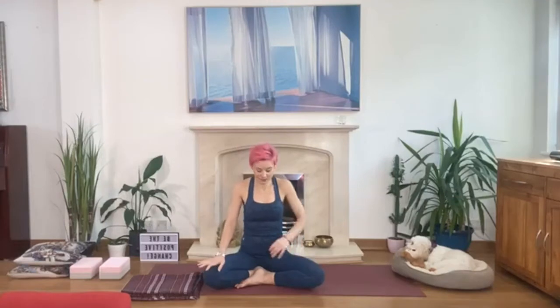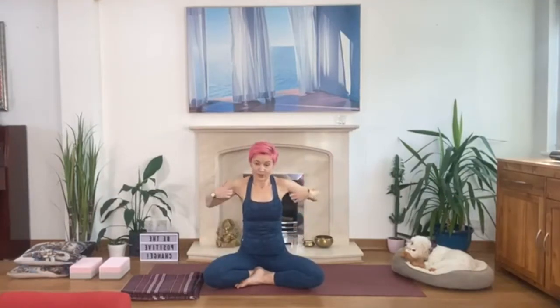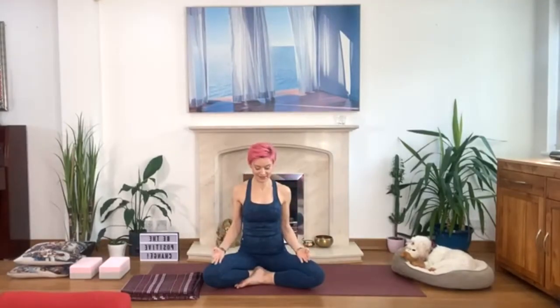And let's lengthen from the base of the spine upwards, from the hips to your armpits. Lift your arms, take your shoulders back, and just relax. Shoulder blades flat on your upper back, hands somewhere on your thighs, perhaps thumb and finger connected. Your chin level, back of the head moving slightly back to elongate your neck. Close your eyes